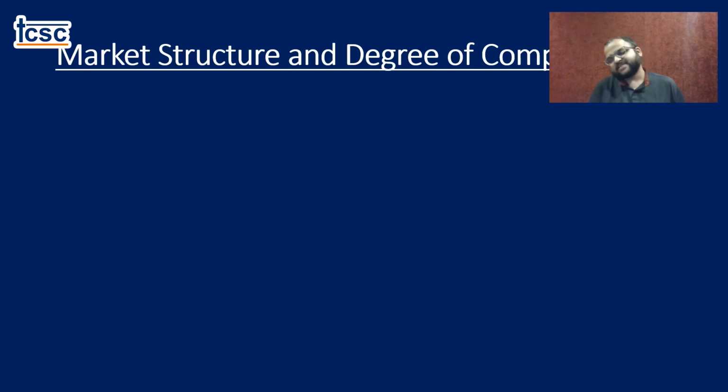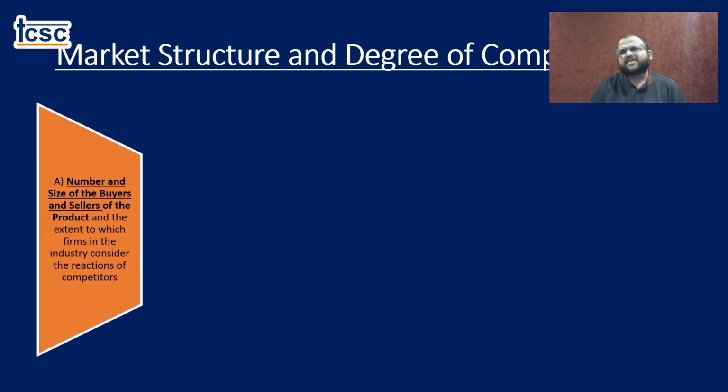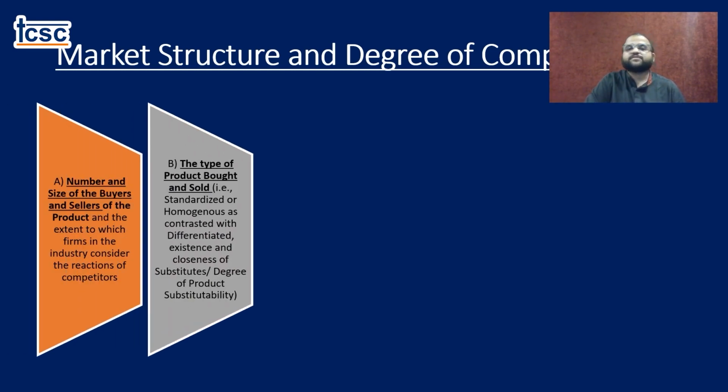Now, as I said a while ago, in this video we're going to focus only on market structure, on the degree of competition. We intend to identify the factors which allow it to do so. So, when we are trying to understand markets on the basis of market structure, the first important thing is the number of buyers and sellers. Why do we want to know that? We want to know that because we would like to understand the extent to which a firm in an industry, or the industry in general, faces demand and supply. Who is defining the price, how they are defining it, and so on. Because the number of buyers and sellers is going to decide who actually has the market power.